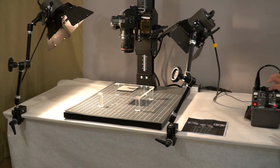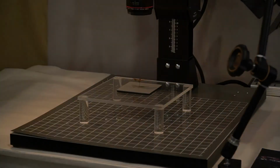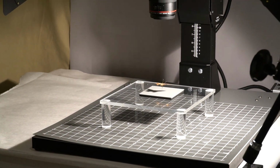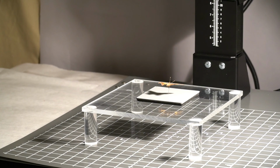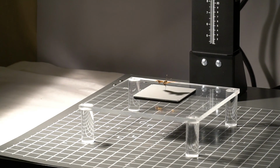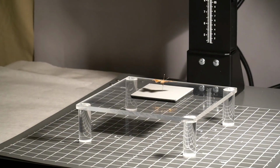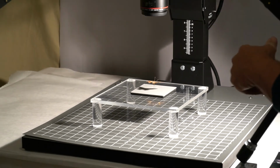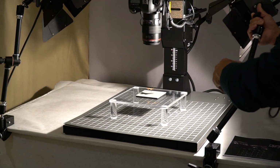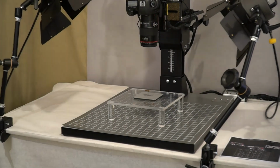Now, if we zoom into the subject, I'll show you what happens when you're dealing with one modeling lamp over the other. When you put on your modeling lamp, it shows you right where your light's going to hit. And you'll see on our subject there, now we've got a shadow on the left because our light is on the right. If we switch lights, I'll turn off the right light and I'll turn on the left light. And you can see how the shadow is now coming from the other side. So it's important to note that these modeling lamps actually show you where your flash is going to hit. And that's why it's really important to have these on when you're composing and getting your subject ready. It tells you what your picture is going to look like. Okay, that being said,